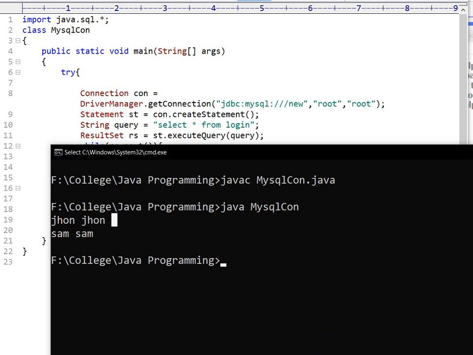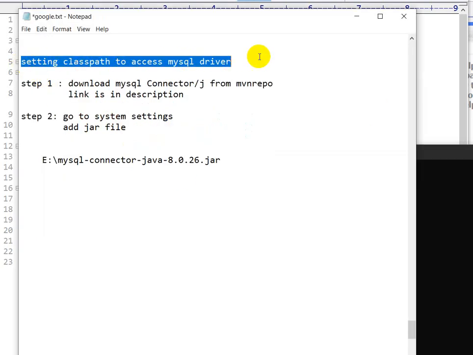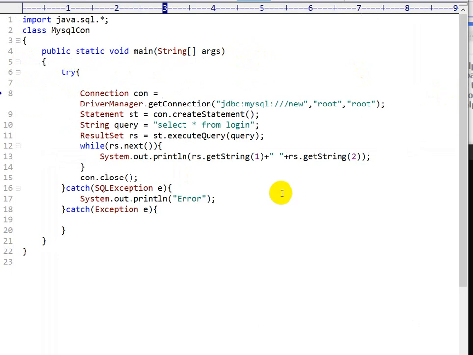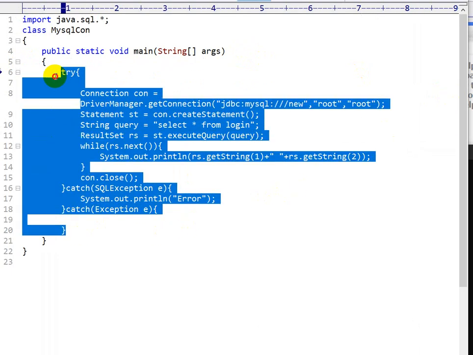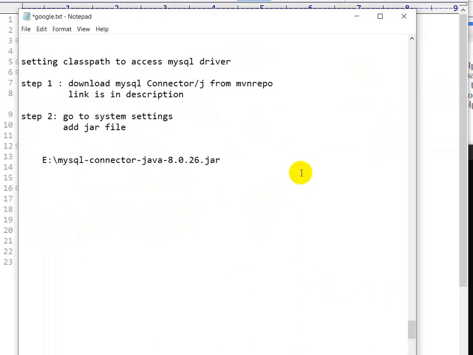So in this way we can set the class path to access the MySQL driver. If you want this code, I will give the link of the code in the description. You can also try this code and see what your output will be.